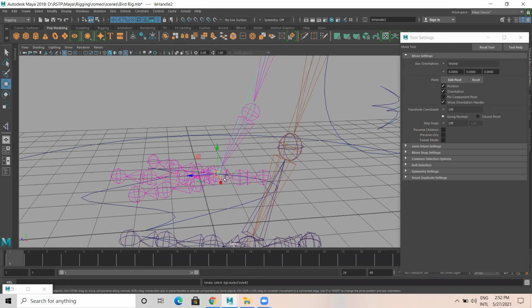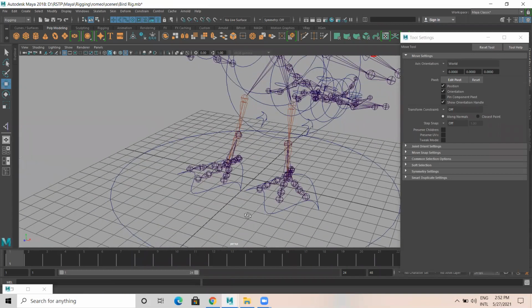Let it be the SC solver only. I'm not changing anything.